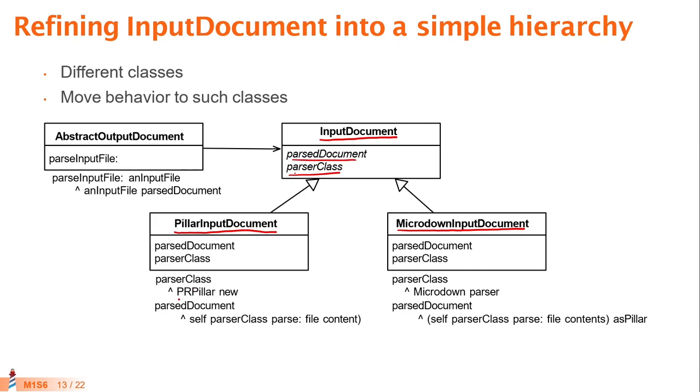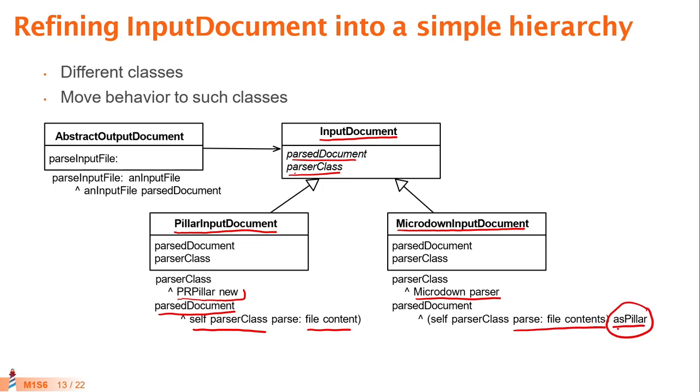So the parser class here will say, oh, I want to use the Pillar parser, or this is the document parser that we had previously. And the parse document is the object that has the responsibility to invoke the right parser with the file contents. On Microdown, we have the same API. We will have the Microdown parser that returns a parser that knows Microdown, and then it will parse the same, except that here